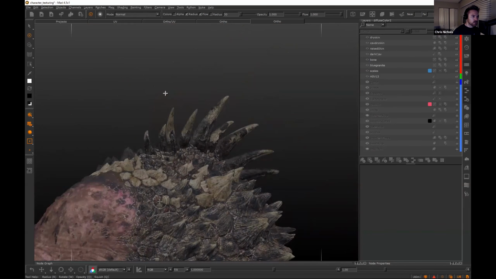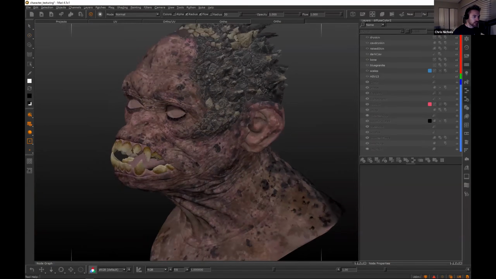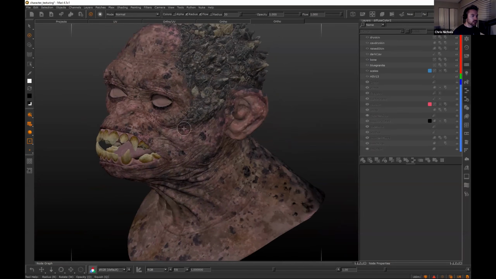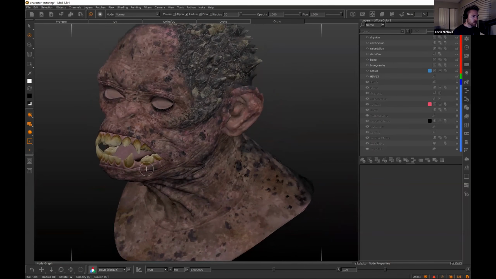I really try to use all the tools I can to get the results that I get. But this is such a fun process for me, creating skin. I really love this process. I've done it quite a bit, and I feel like I've got a pretty good workflow that easily translates.